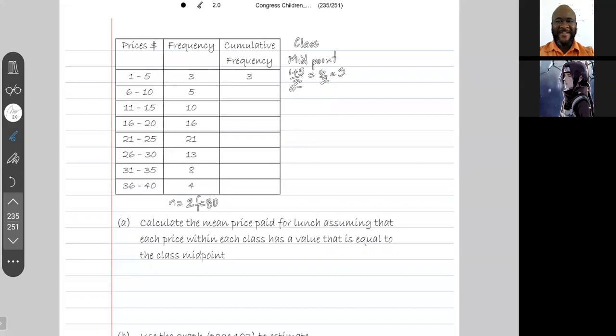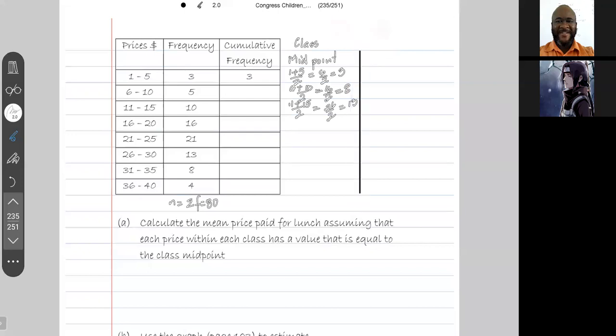6 plus 10 over 2. This is 16 over 2. This is 8. 11 plus 15 over 2. This is 26 over 2. This is 13. I told you guys that by the third one, you don't need to do that same calculation